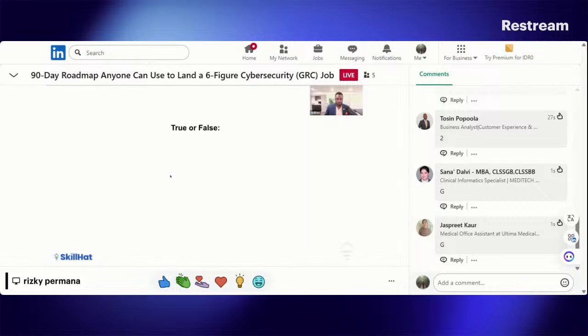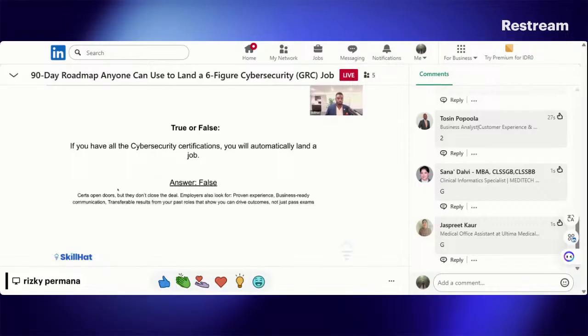Okay, I've got another question though. True or false? If you have all of the necessary cybersecurity certifications, you will automatically land a job. True or false? Many of you got this right. This is false. Certifications open doors. Yes, they'll help you get interviews, but they don't close the deal.